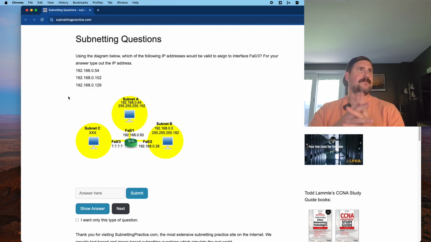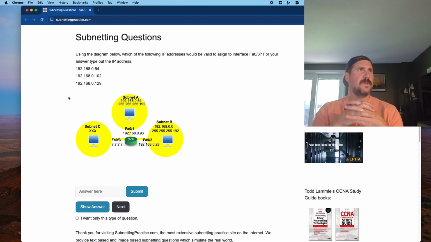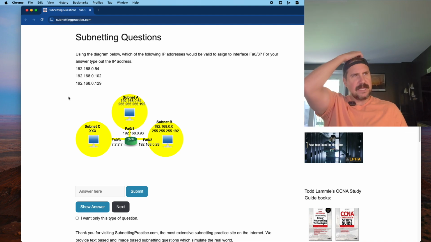Subnetting questions. Using the diagram below, which of the following IP addresses would be valid to assign to interface Fast Ethernet 0/3? For your answer, type out the IP address. So which of the following would be valid to assign to that? All right, so with these,